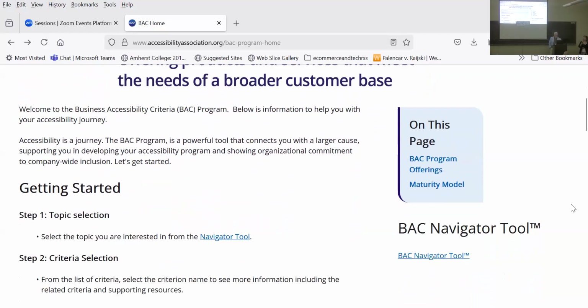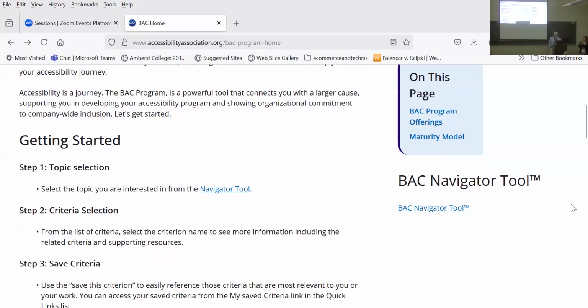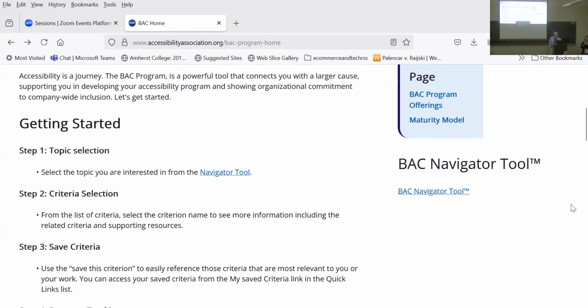Absolutely. So as Dan mentioned, there's almost 200 criteria or statements that have been developed as part of this program. And we decided to separate these criteria into categories so that it makes it easier, but also categorize them aligned with business processes.